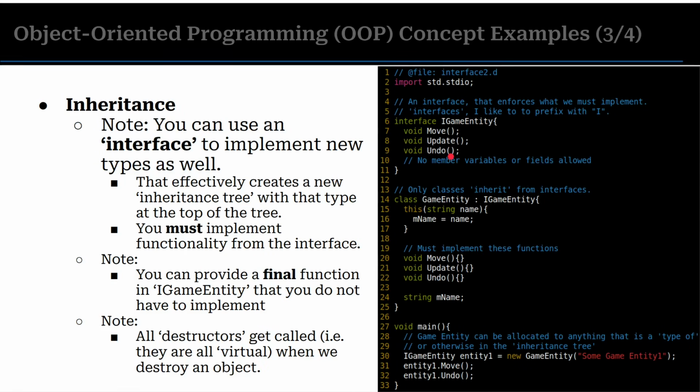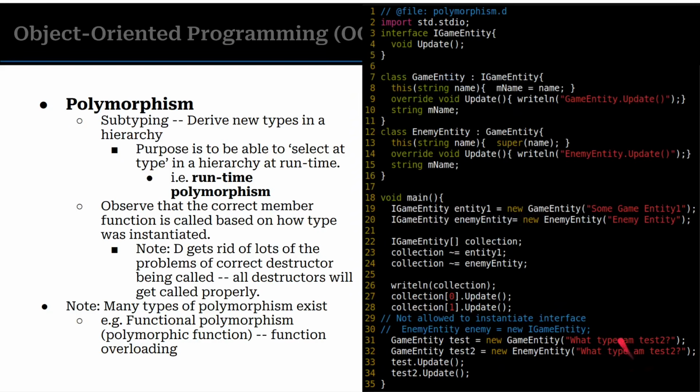You have encapsulation, you have interfaces. So interfaces are basically saying, hey, I have this type and it needs to implement these member functions. So if you want to implement a game entity, I need the interface for a game entity, which I usually prefix with capital I. That's a convention some people use, and then I have to implement those functions. Otherwise the compiler will yell at me. But that's nice, because then I can create a collection of IGameEntity, and anything that inherits or implements that interface, I can instantiate as a new game entity in this case.